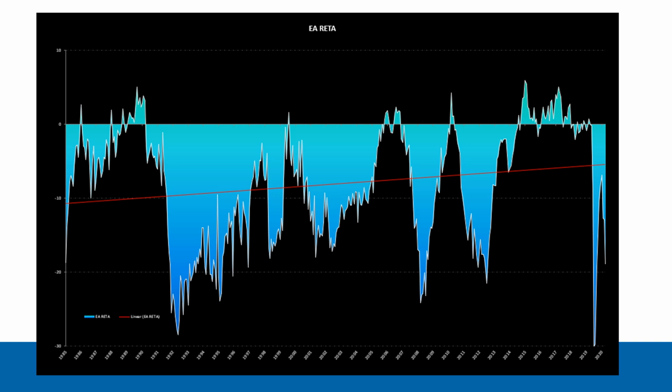And just to give you an idea of how generally bearish sentiment is in the European retail sector, if you think of the period 2002 to 2007, when we had one of the biggest economic booms ever in the history of capitalism in the world, the European retail sector, for the vast majority of that time period, was reporting bearish sentiment. So if that's not going to get the patient's heart beating again, then probably nothing ever will.